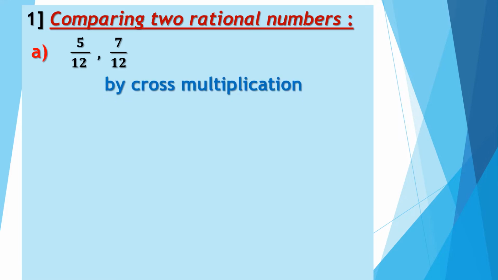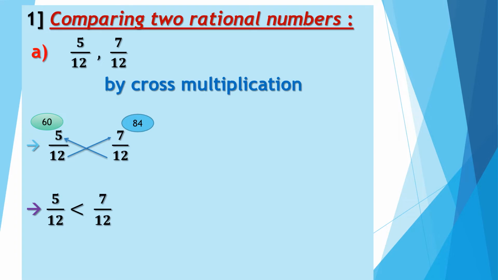By cross multiplication, as we studied before in grade 4, let's see. It will be 12 times 5 equals, and put it up, 12 times 7 and put it up like that. It will be, in the left hand side here we have 60, in the right hand side we have 84. So